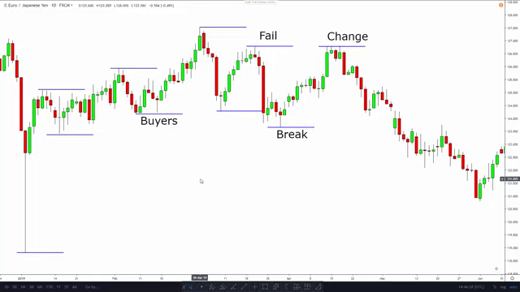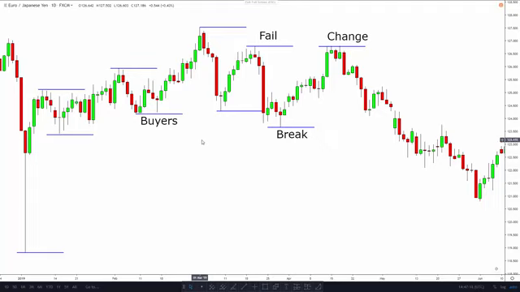Beginning from the far left of the chart, we can see that buyers produced a series of higher highs and higher lows. And for those of you that follow this channel, you already know that this is how we classify an uptrend pattern. However, we also know that trends can't last forever, so eventually buyers start to run out of